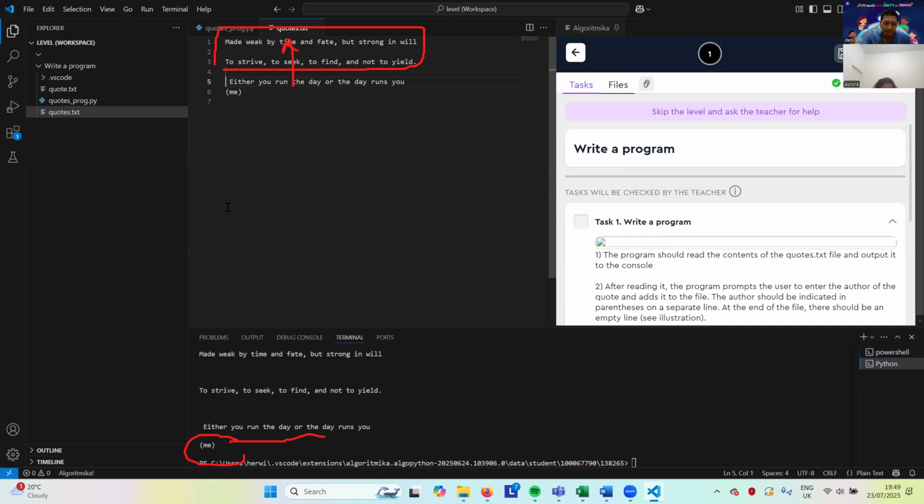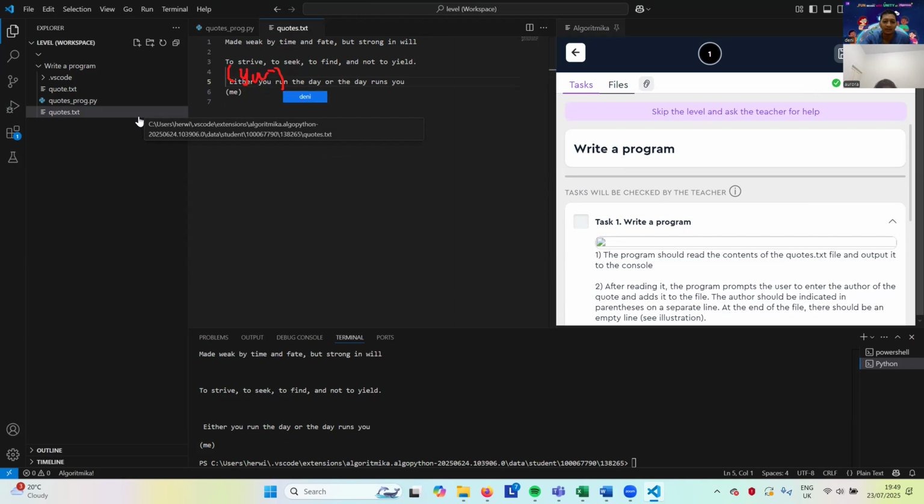Yeah. But the you is not being stored. Can we check again here? It must be you here, after to strive, to seek, to find. Okay, please check your code again, Aurora.